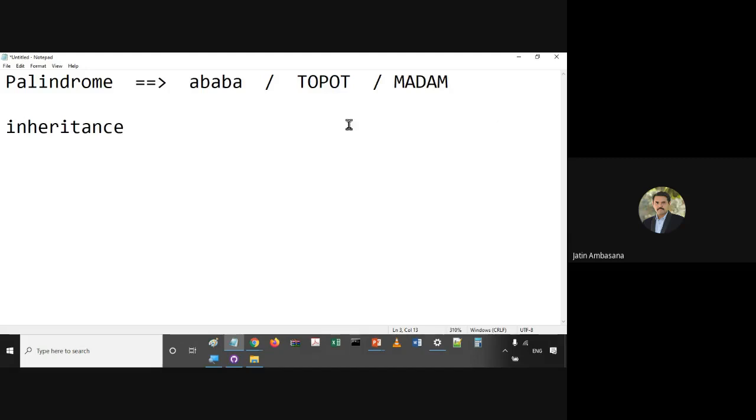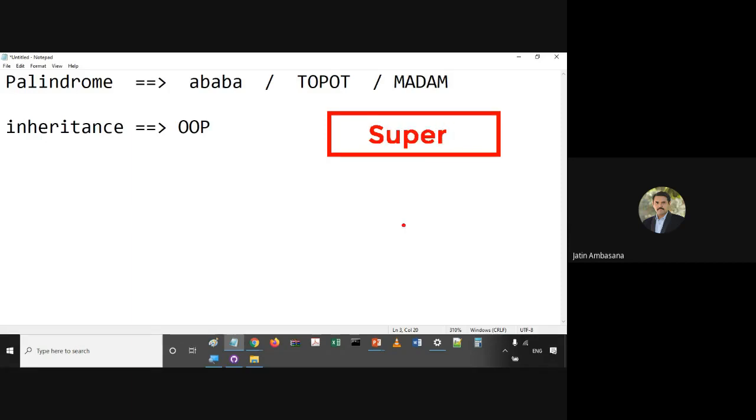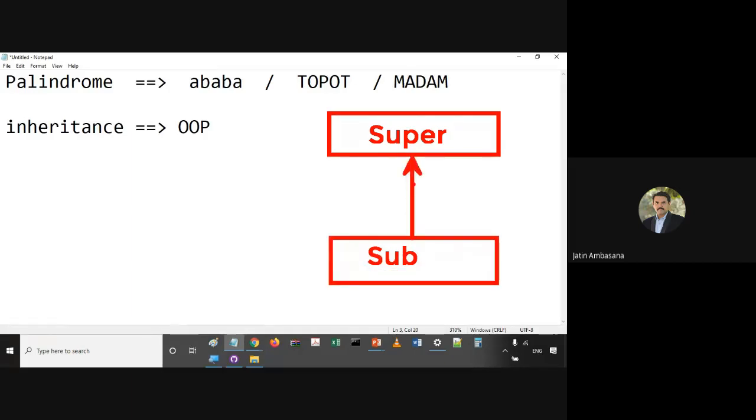And inheritance is a concept of object-oriented programming. Both are different. Inheritance refers to classes. When you have a class, this is the super class. Then you have a subclass. When the subclass inherits from the parent class, that is called inheritance. So whatever properties this superclass has, those properties also come in the subclass along with its own properties. Understand? That is inheritance. So both are totally different concepts.